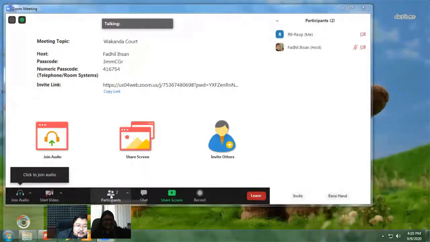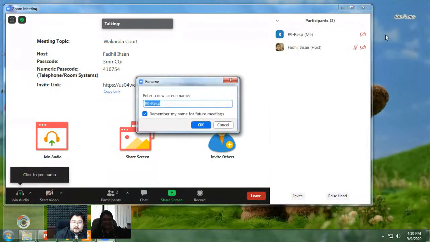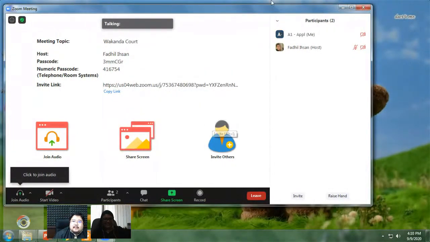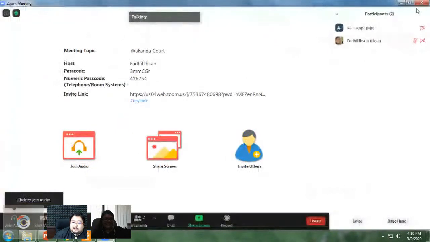So press participants, and you'll see your name here. You may be R9 respondent for the last appeal, but not for the current one. So you need to change it. Rename. Yes. So now today you are A1 appellant, something like that. Okay. Yeah, there you are. All right. So that's good for this one.